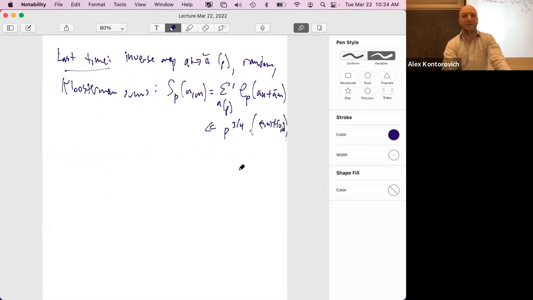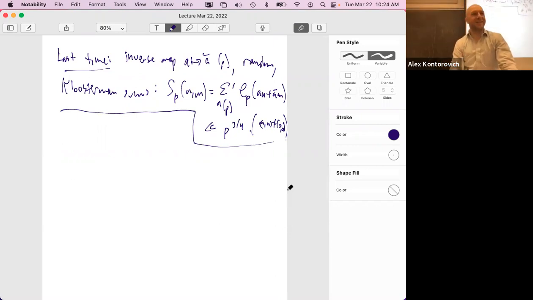And ultimately what you did was like a fourth moment. Exactly, because it's a second moment of a square, and a square spectrally is a convolution. Right, and we use that to our advantage. And then we looked at